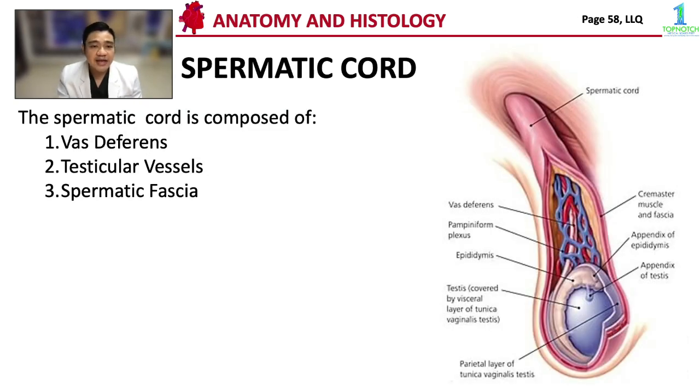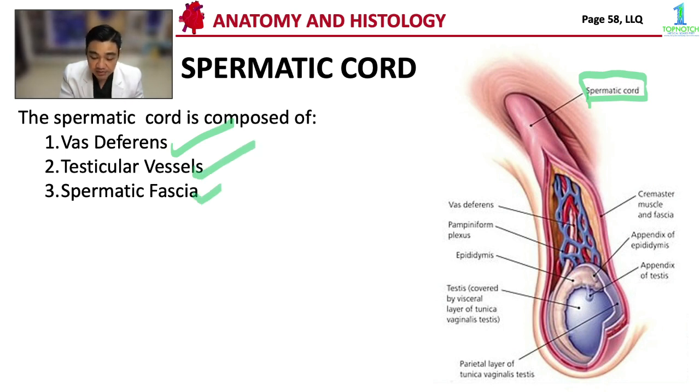In the previous slide, I have talked about hernia, okay, in the context of your vas deferens. But grossly, the vas deferens, in the context of hernia, it will be contained inside the structure what we call the spermatic cord. So inside the spermatic cord, nandun yung vas deferens, testicular vessels, and your spermatic fascia. If you would remember assisting in a hernia case, ito yung part or yung cord na nilalagyan ng Penrose drain or nilalagyan natin ng